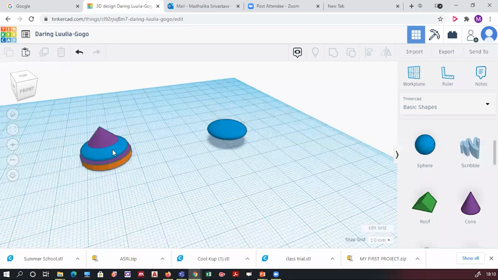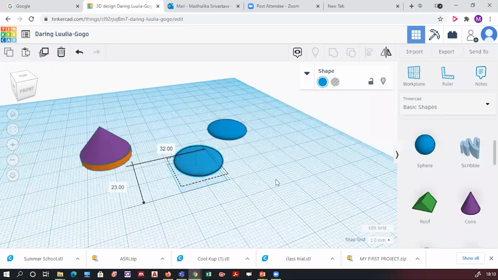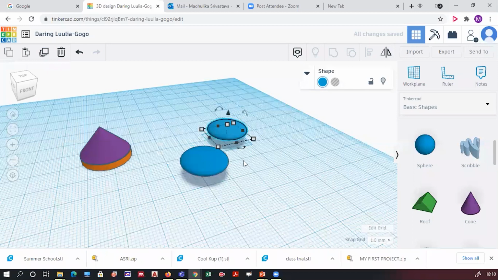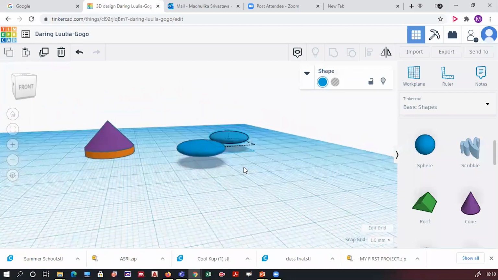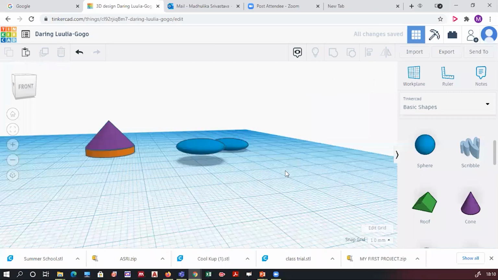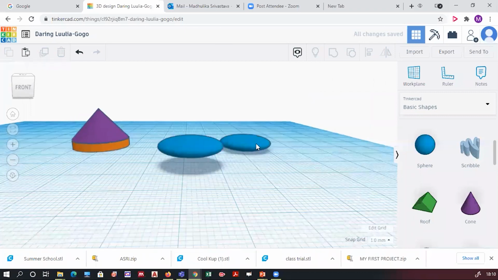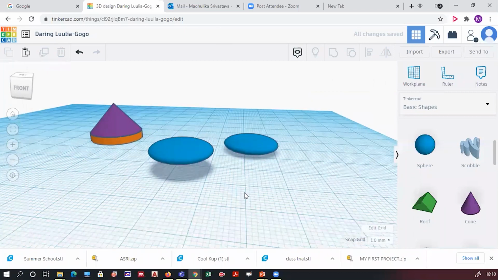This one once again. I'll keep this separate. It was a sphere, so I have changed its height to 5. Then I have changed its diameter to 18. Then I have raised the sphere. The sphere initially was on my workspace, like this. All the 3 steps.